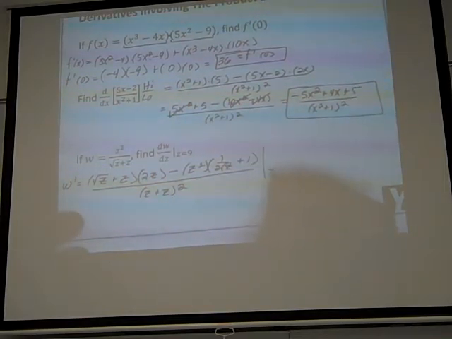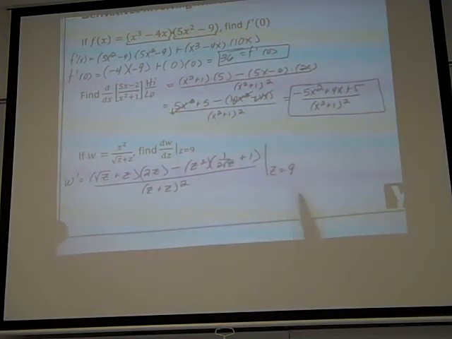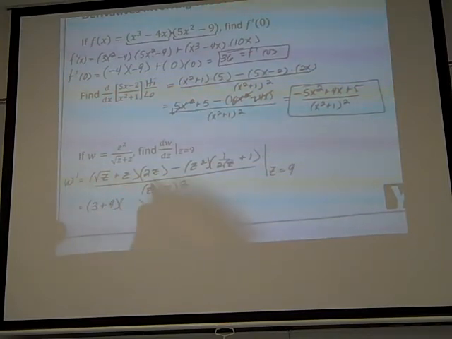And I need to evaluate this at 9, meaning everywhere I see a z, I replace z with 9, and I get the square root of 9, which is 3, plus 9, parentheses 2 times 9, that's 18, minus z squared, 81. Oh boy, I can see this one's going to be ugly. 1 over 2 square root of 9. Square root of 9 is 3. 2 times 3 is 6. So 1 over 6 plus 1